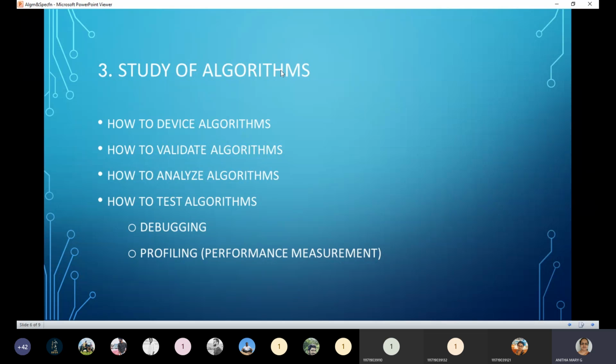Study of algorithms covers the first point, how to devise algorithms.